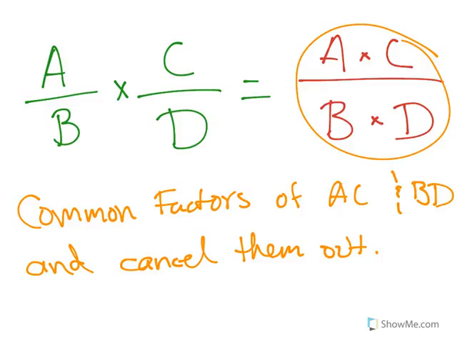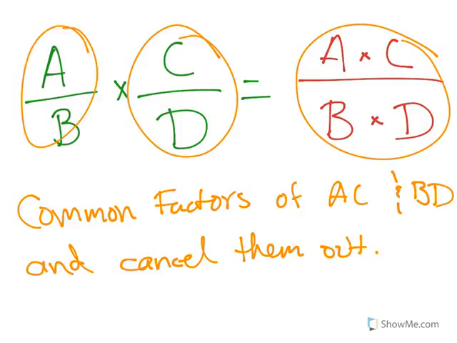However, most of the time, there is no need to multiply A times C and B times D. If C over D and A over B are already simplified, just also check common factors